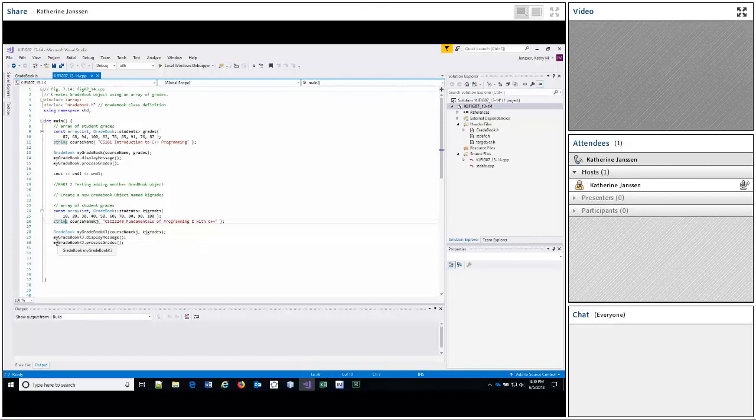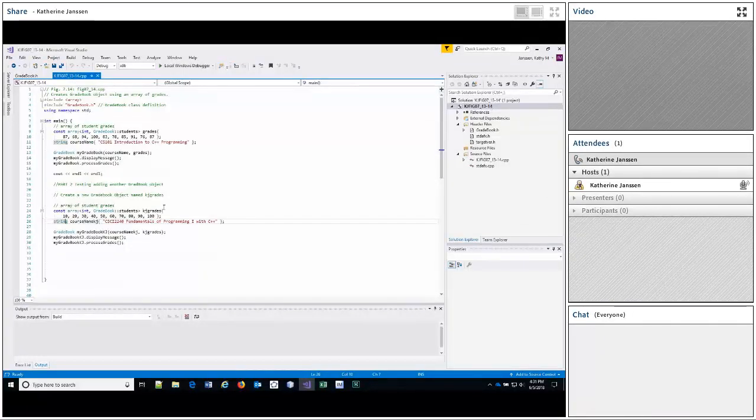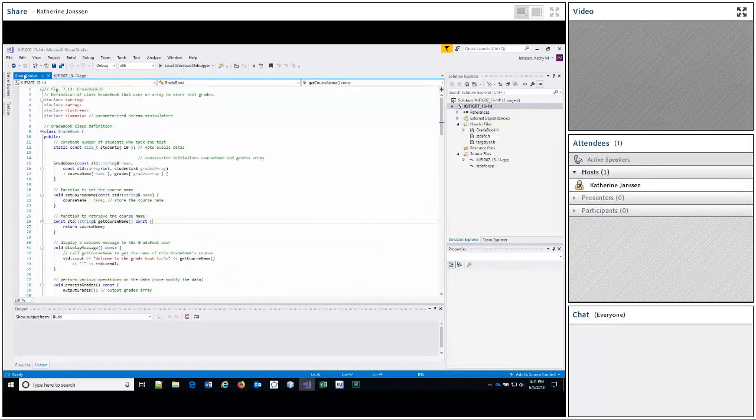Next, I can call display message with this object in hand, and it's my gradebook KJ class object that I want to display the message. So display the message with my gradebook KJ, and my gradebook KJ knows that its course name is course name that was passed to it as a name string reference to the name passed, which is an instantiation CSCI2240 Fundamentals of Programming 1 with C++. And it can display